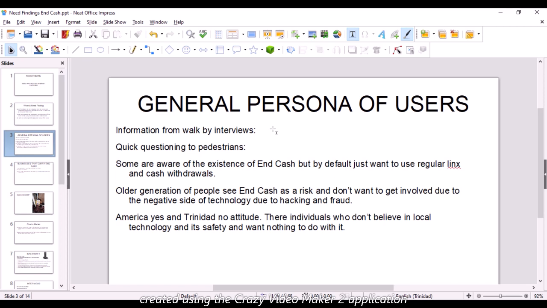There are individuals who don't believe in local technology and its safety and want nothing to do with it,